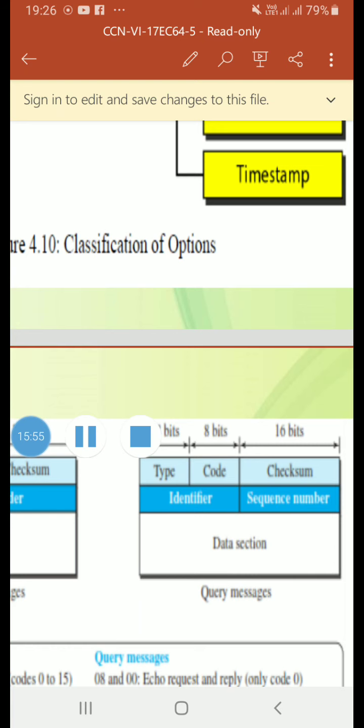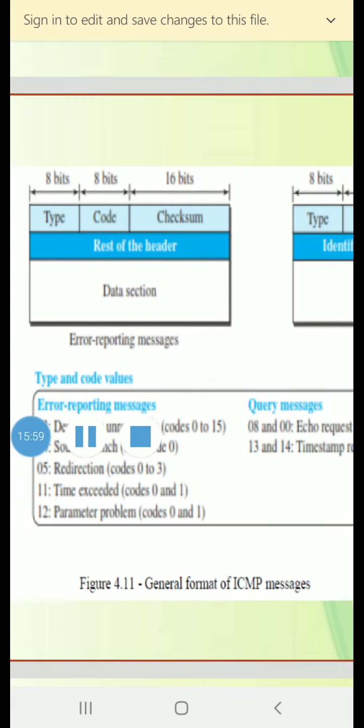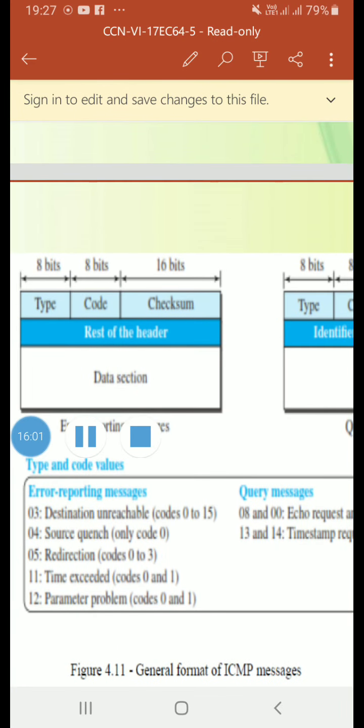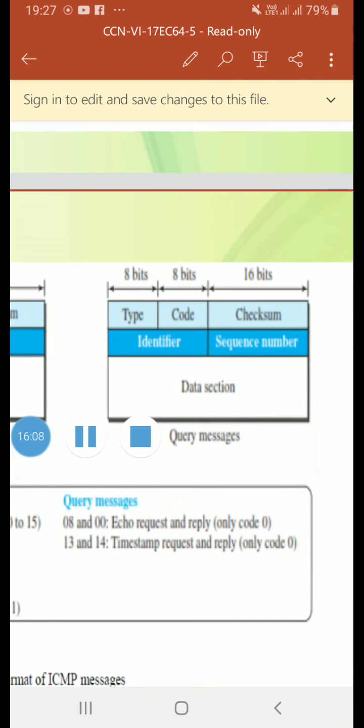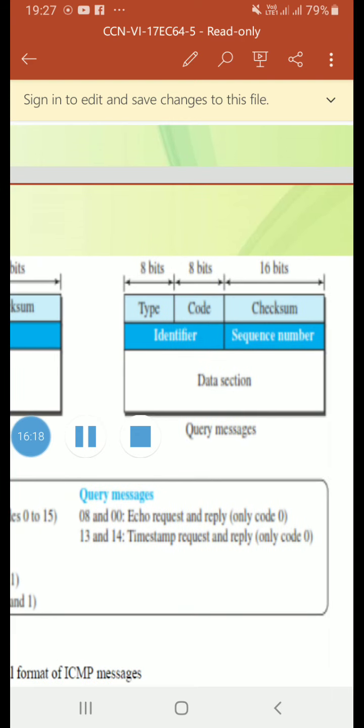This is the general format of ICMP messages. For error reporting messages: type 8 bits, code 8 bits, checksum 16 bits, then the rest of the header, and the data section. For query messages: type, code, checksum 16 bits, identifier, sequence number, and data section.